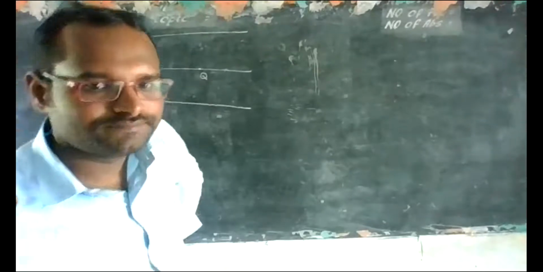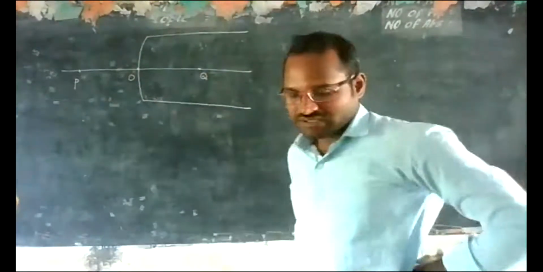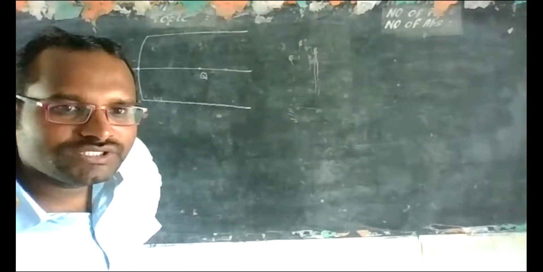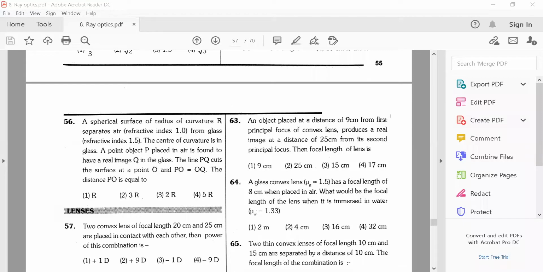So see what they have given in the question. The question is: a spherical surface of radius of curvature R. Okay, this spherical